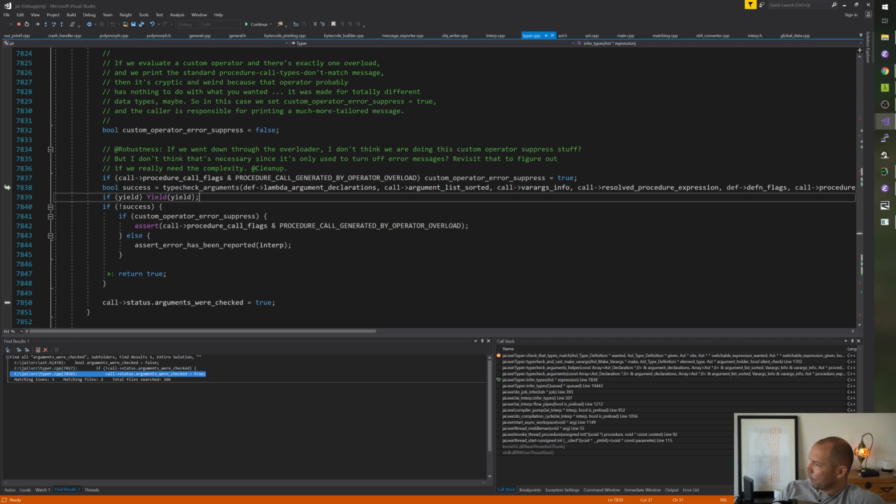However, it's not correct to assume that you can wait till you get here, at least in the case of varargs, and at least in the case of polymorphism, although that case is already handled, I think.